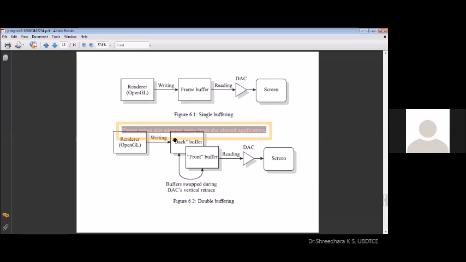So this is the buffering scheme. In the single buffer scheme, whatever you render with OpenGL, a single buffer is used and that will be passed to the screen. Whenever you do some online activities, sometimes it may not be possible to observe the whole activities. For this reason, we are going to make use of a two buffer scheme, back buffer and front buffer.